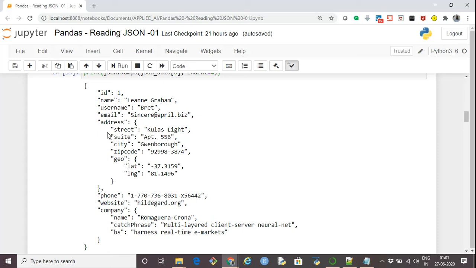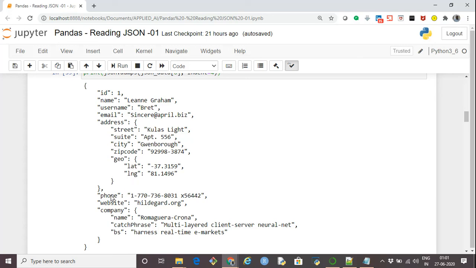Now the value, as we have already covered, could itself be another object. So here the key address has a value which itself is a key value pair, having street, suite, city, zip code, and another field, geo. Now this key geo itself has a value in the form of a key value pair, that is latitude and longitude.